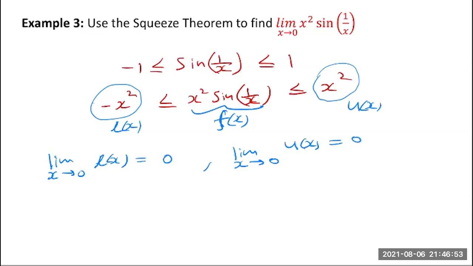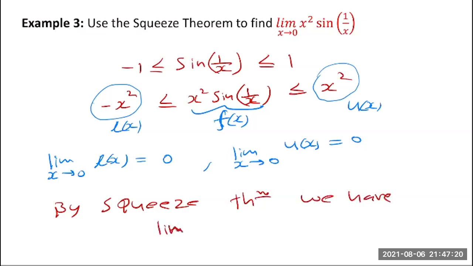Why is that? L of x is minus x squared. The limit as x approaches 0 of minus x squared is 0. You plug in 0 here, you get 0. Similarly, here you get 0. That means by the squeeze theorem, we have